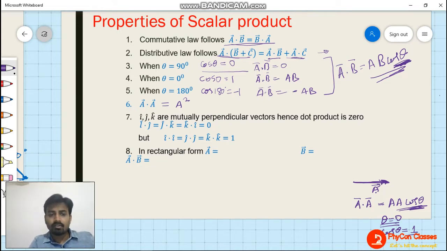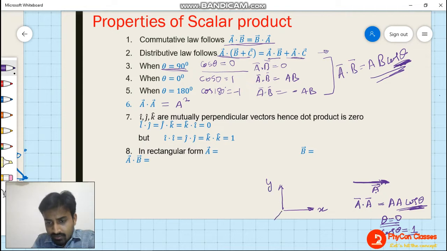Okay. Now see here, when theta is 90 degrees, that means if I draw one line like this, another line like this. Let's suppose this is x direction, this is y direction, and this one is z direction. Now tell me, what is the angle between x and y? 90 degrees. What is the angle between x and z? Again 90 degrees. What is the angle between y and z? Again 90 degrees. Right? So you take any two of these x, y and z, the angle is going to be 90 degrees.